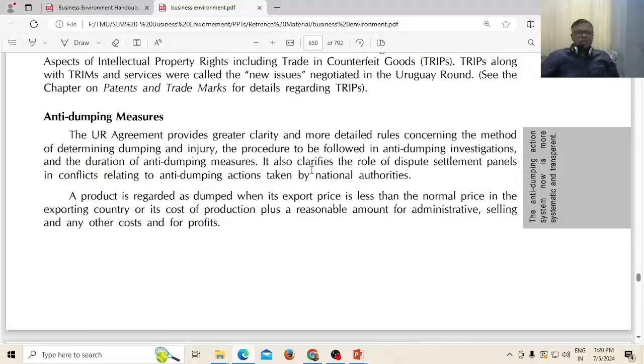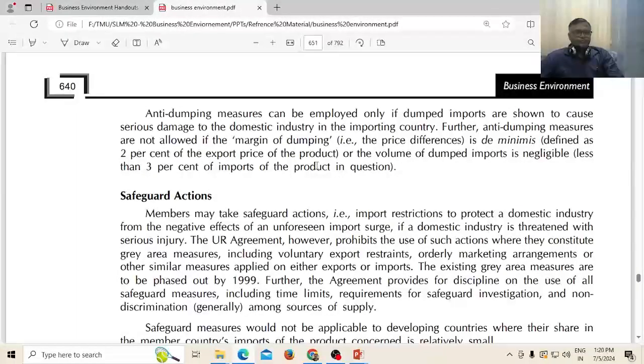Whereas for the cost of production, it includes a reasonable amount for administrative and every other cost, and for the profits. Thus, anti-dumping measures can be employed only if the product is dumped and imports are shown to cause serious damage to the domestic industry